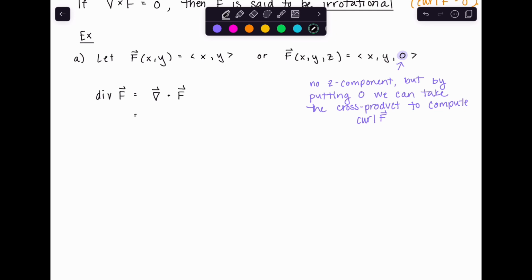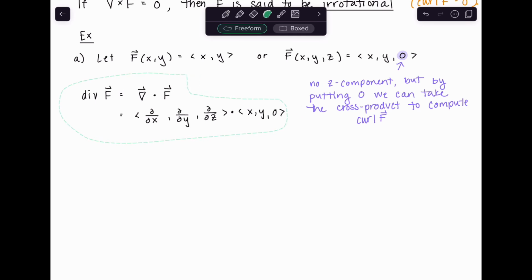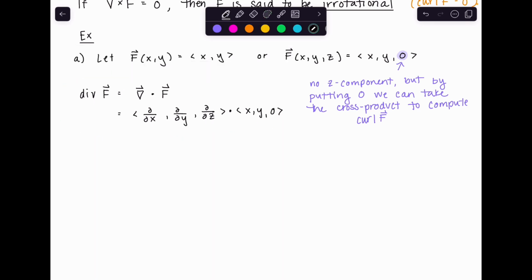Again, you can do this in 2 dimensions. You don't need to do it in 3 dimensions. So you can take the partial with respect to x, the partial with respect to y only. But just to show you, when you do the partial with respect to z, it does nothing because this is x, y, 0. Let me scoot it over a little bit so it's not crowding that notation. So going through these,